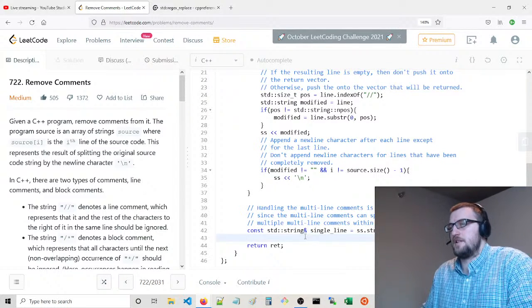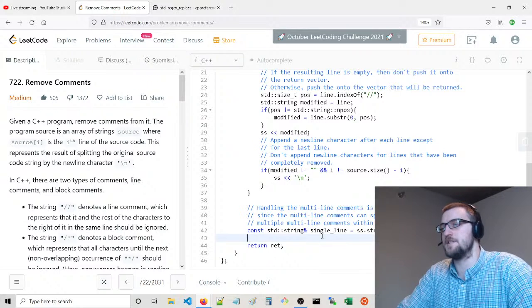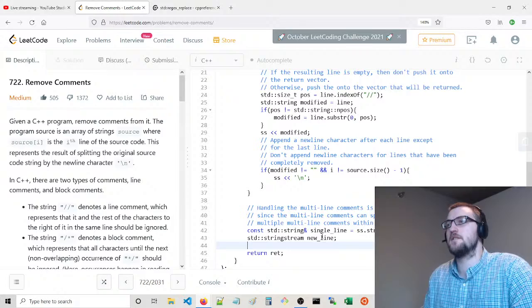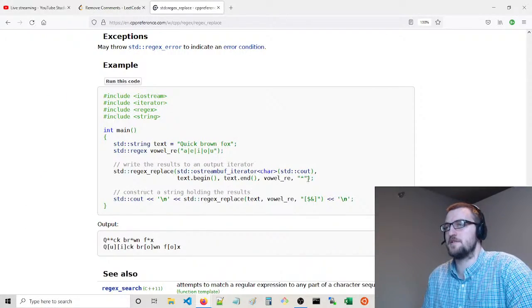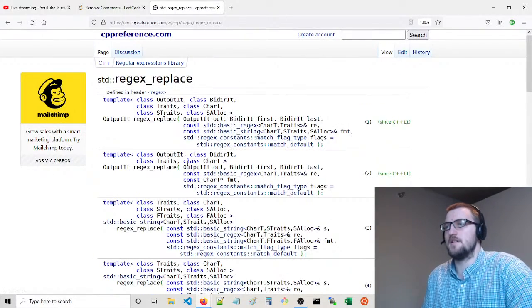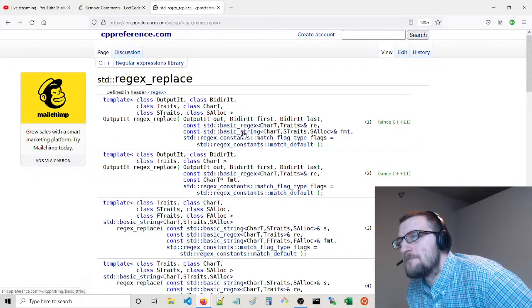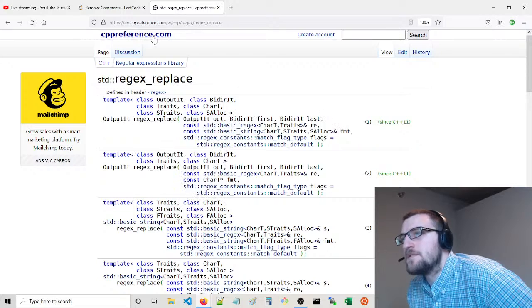So we have a single line, and we want to say standard string stream new line, and we can say regex replace: out, first, last, regex, string, match flags, match default. Let's try this one. Something like this.